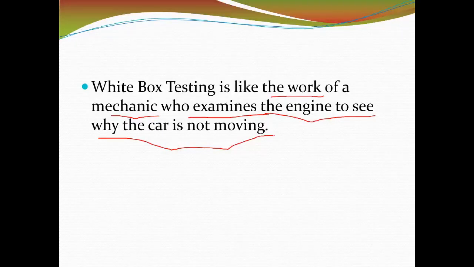So mostly who can conduct this white box testing? Mostly the best tester is the programmer, the software developer, the coder who has written the code and who can find out the errors in that code and make that functionality work.